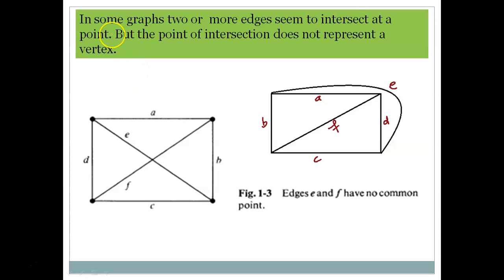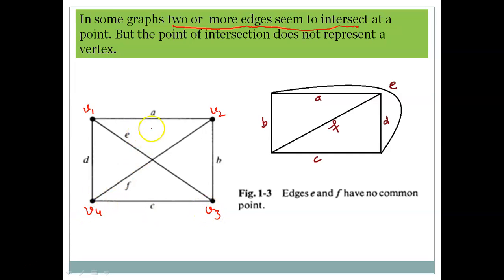The next is a point you should note. In some graphs, two or more edges seem to intersect at a point, but the point of intersection does not represent a vertex. For example, look at this situation. Here we have these vertices, suppose V1, V2, and here we are saying that this is V3 and this